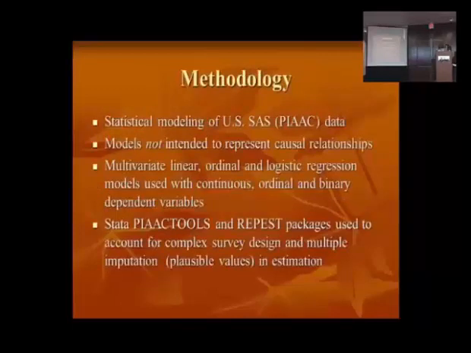So, like most people, I did a lot of multivariate modeling, and I'm going to try to summarize the results. My paper is full of tables and technical details. One thing that's really important is I'm not intending to represent causal relationships in showing you these statistical results. I think when we say literacy is deeply embedded in poverty, I don't necessarily mean literacy causes poverty. The causal relationships are multiple and in both directions, as we know. I'm not suggesting causal relationships today.